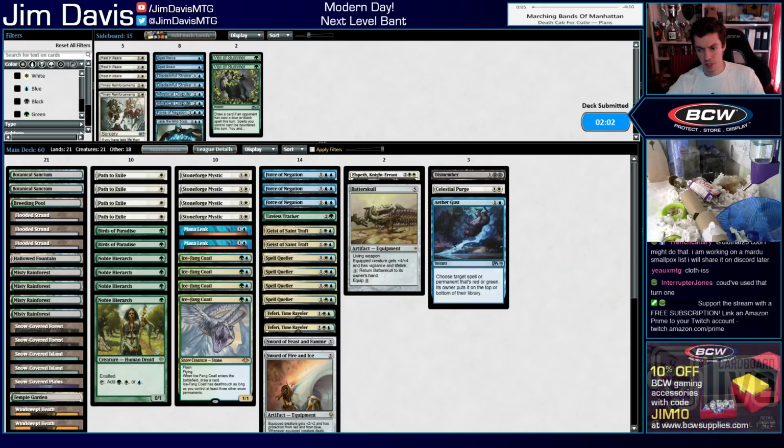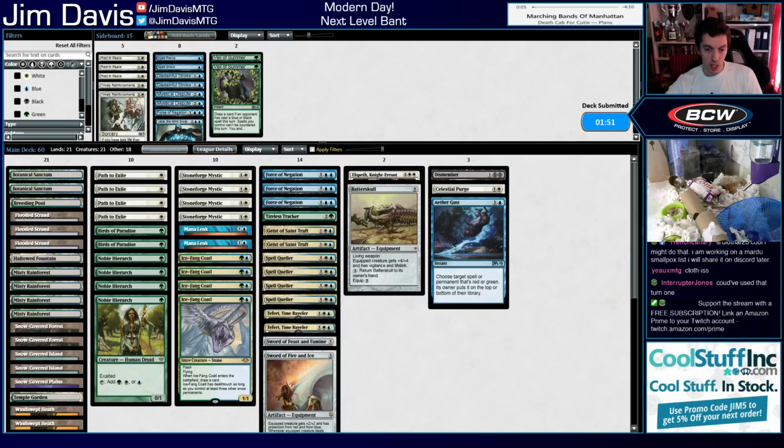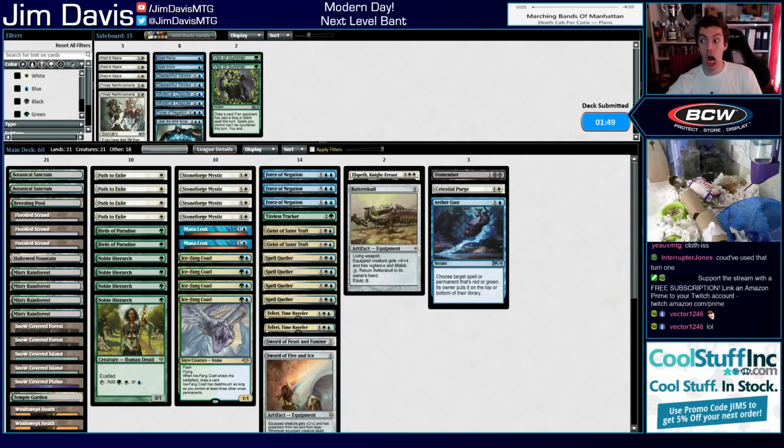All more Aether Gust, just like in general. Aether Gust is so good. It's just so versatile against so many different decks. The fact that it's a playable, actively good card against both Burn and Titan is like...